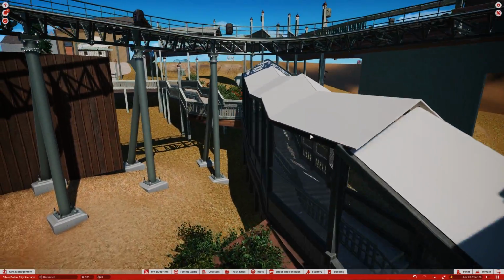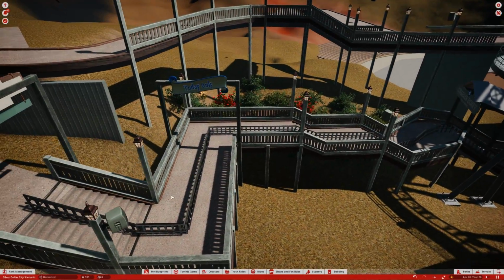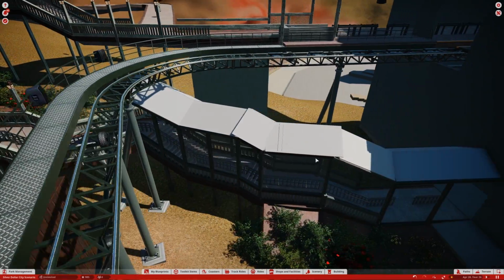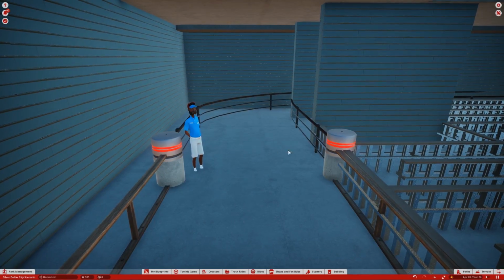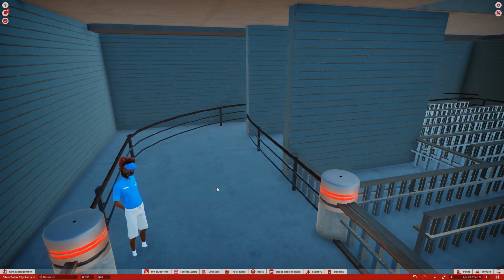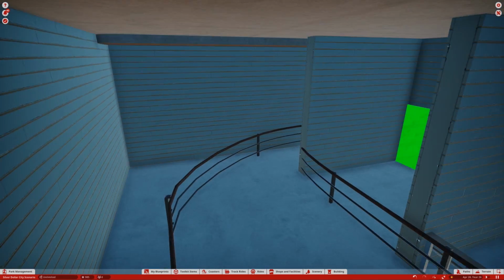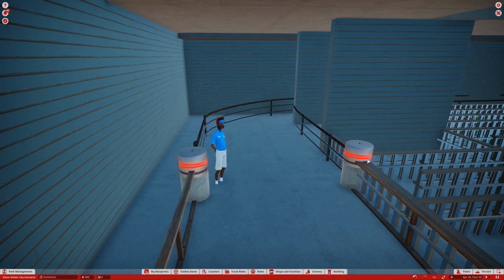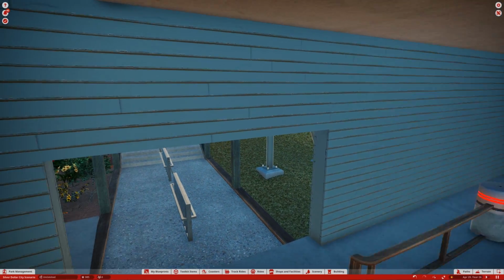So if you guys are wondering how I did the entrance here, this is actually a normal pathway. I didn't use queue line, because I decided to put the actual entrance queue line right here, and I'm going to make this person look like they're the photographer for the green screen here. I thought that'd be a perfect opportunity, and maybe I can put some barrels here or something to cover up that entrance